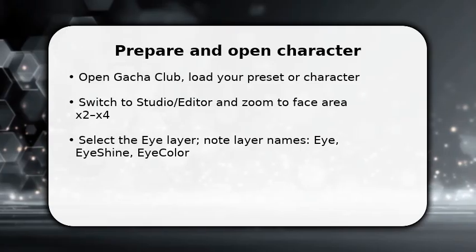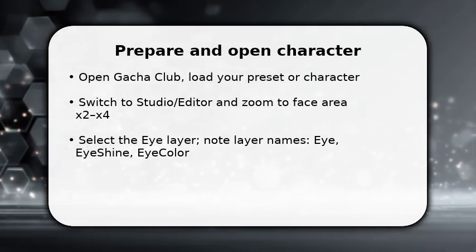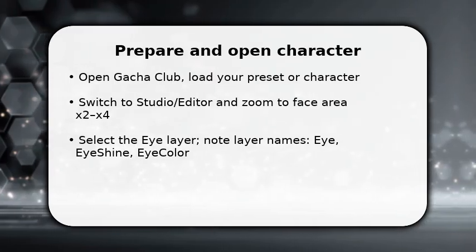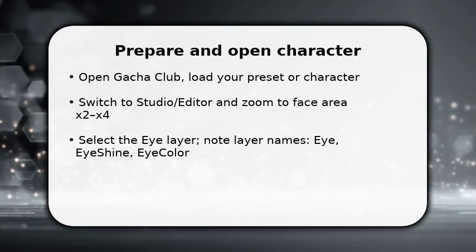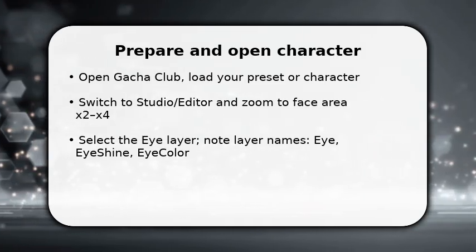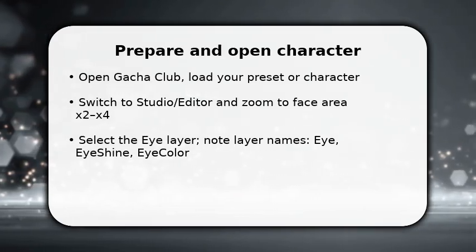You start by opening Gacha Club and loading the character you want to edit. Once loaded, go straight to Studio or Editor. Make sure you zoom into the face so you can see the eye layers clearly. Next, tap the Layers panel and locate the eye-related layers, eye, eye shine, eye color, because you will be modifying